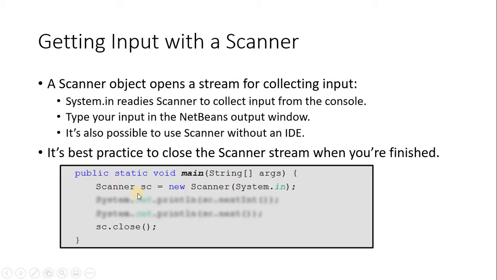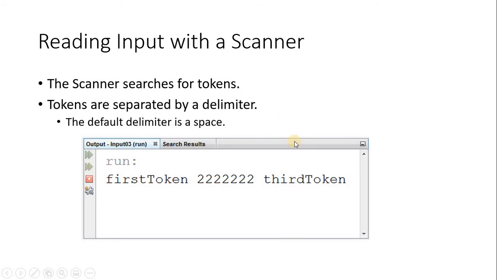Before that, I will show how to create an object. For example, to create a Scanner object we use the new operator with Scanner, and we pass a constructor argument System.in, which gets the user input stream, and finally we close the Scanner. In this way we get the input. The value will be obtained from the console in the output window, where you are asked to enter it, and that will be processed by the system.